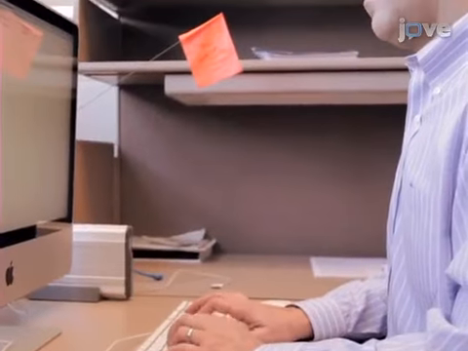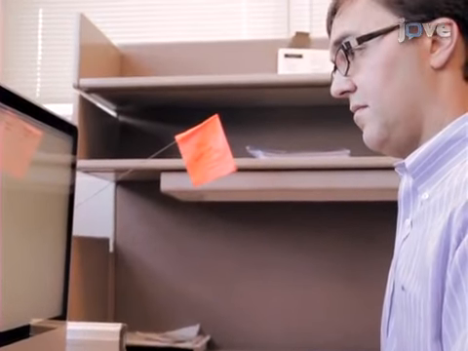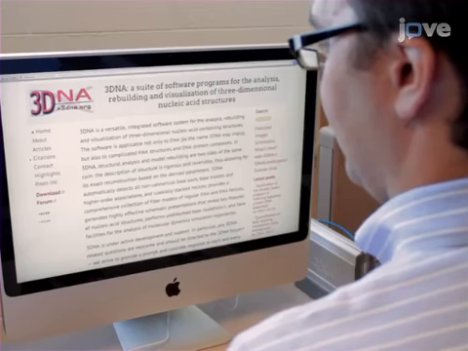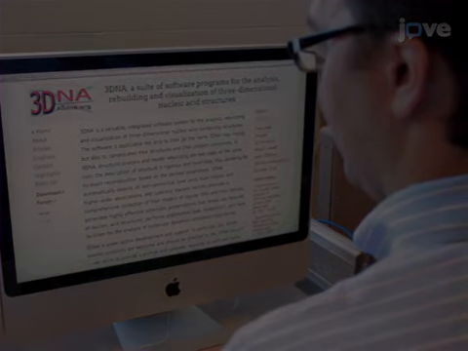To begin installation of the software package, connect to the 3DNA website at x3dna.org and click the link to the